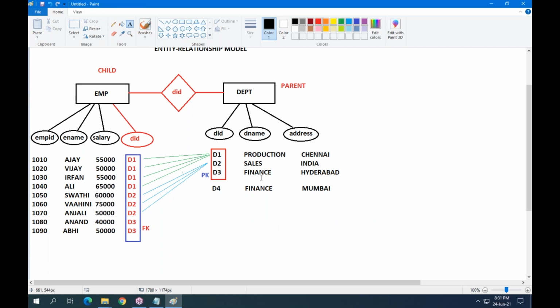See, in any column, if there are duplicate values, here we have duplicates. Finance, both are duplicating. In any column, if duplicates exist, it's not a primary key. Primary key means it should be unique and not null.